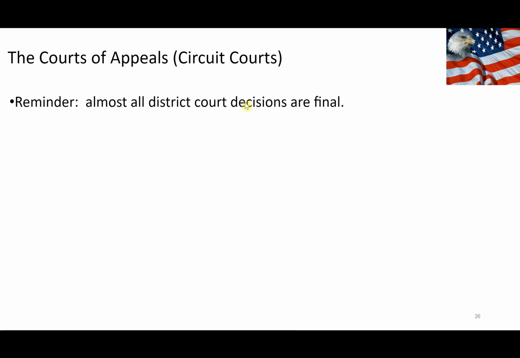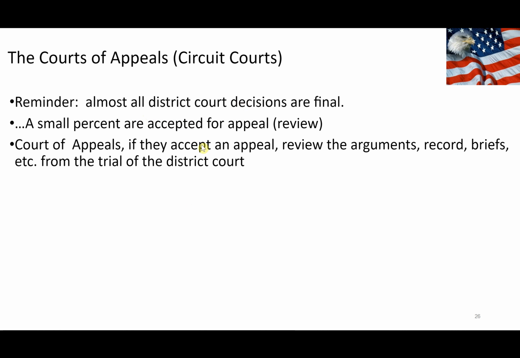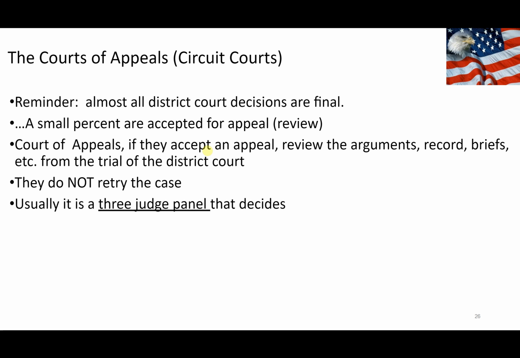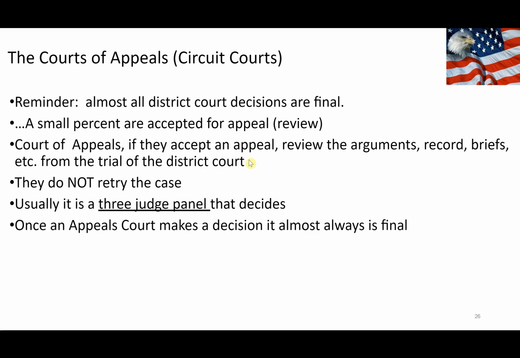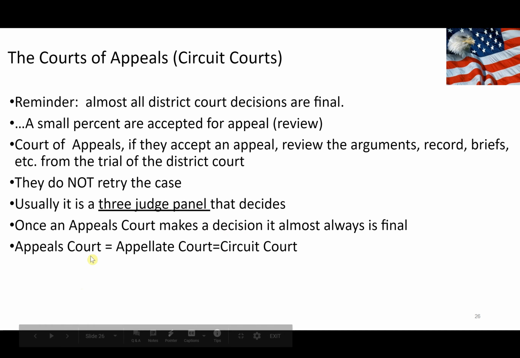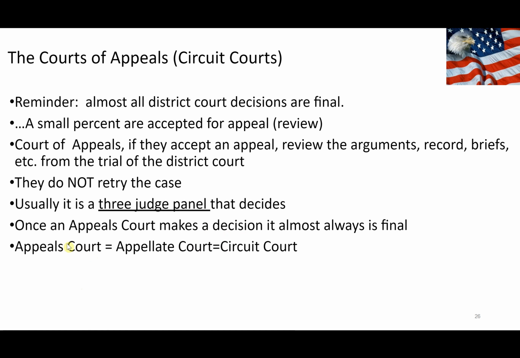Now, almost all district court decisions are final, as only a small percentage of the decisions are accepted for appeal. Courts of Appeals, if they accept the appeal, review the arguments, record, briefs, etc. from the trial district court. They do not retry the case. They just make a decision. Usually it is a 3-judge panel that decides, and once an appeals court makes a decision, it is almost always final. By the way, appeals court means appellate court, but also means circuit court. So those terms are often used interchangeably